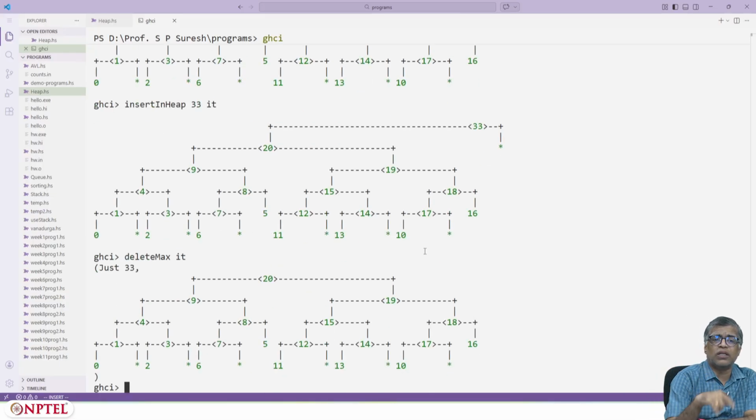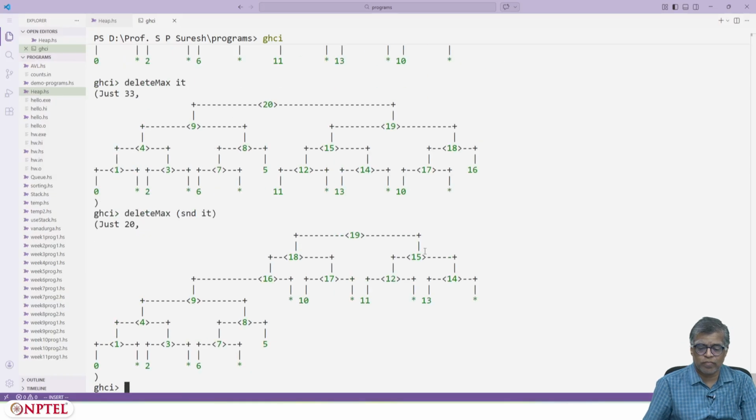But if I do delete max, here there won't be any problem. Yeah, I get 33 and then this other thing, so I can actually do delete max of the second of it. Right now, you see, 19 has been promoted to the root, 18 and 15 are its children, and you are trying to merge.